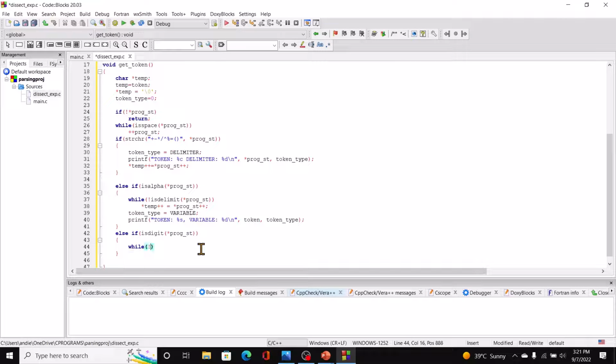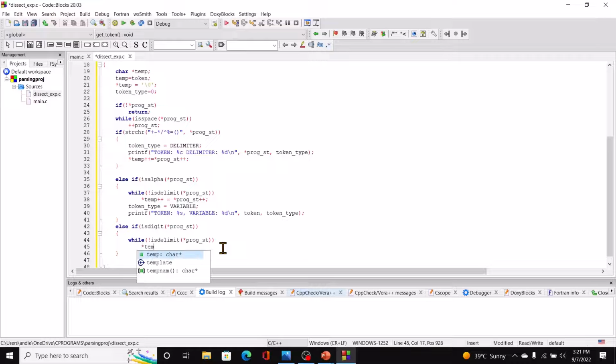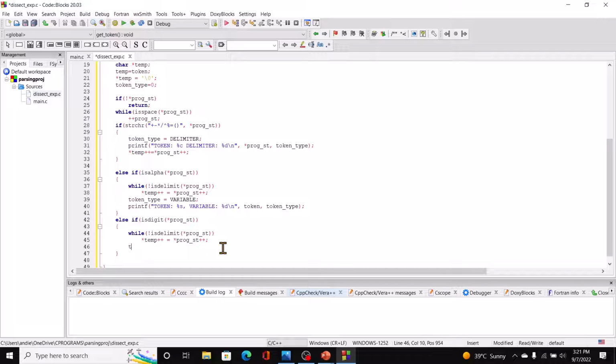So while not is delimit star prog_st, star temp plus plus equal to star prog_st plus plus. Okay, and then token type equal to number,